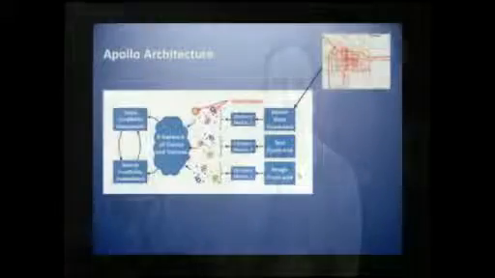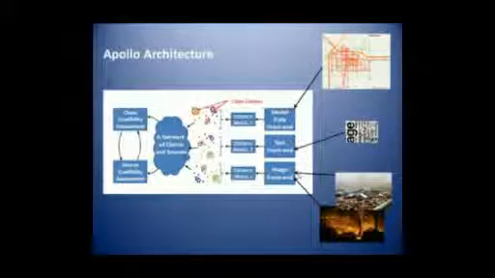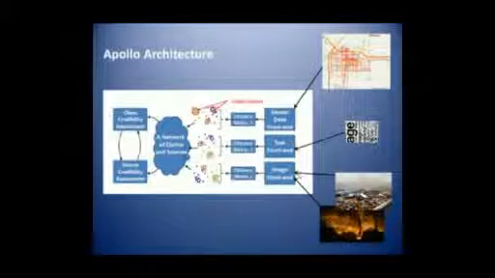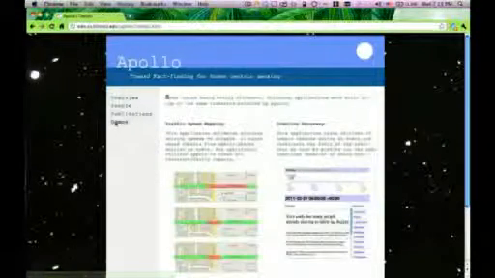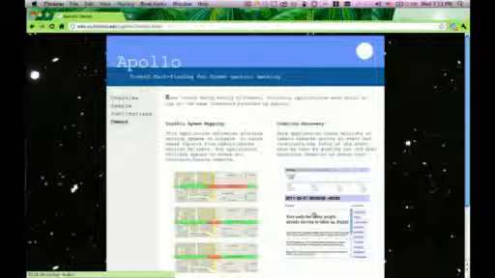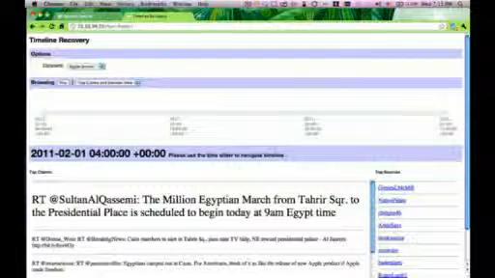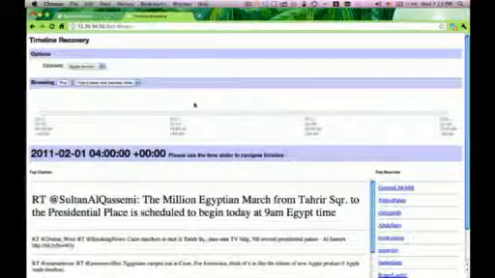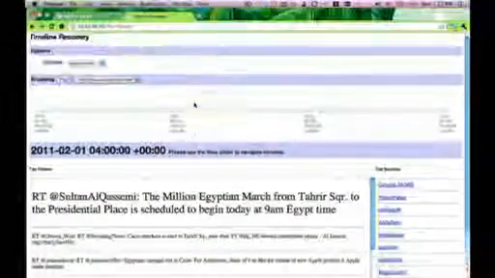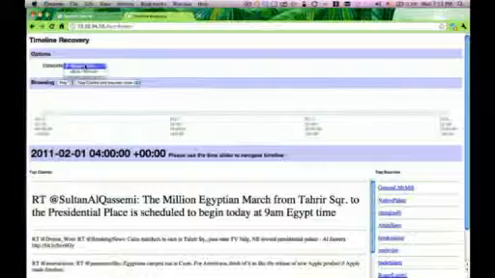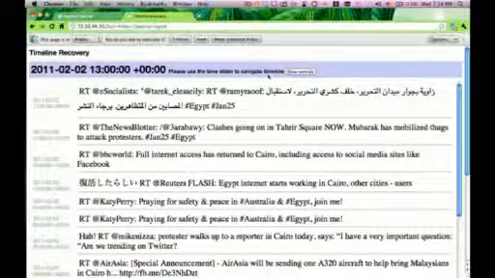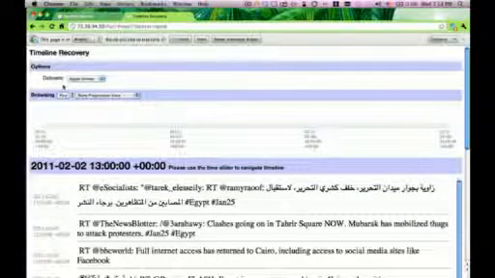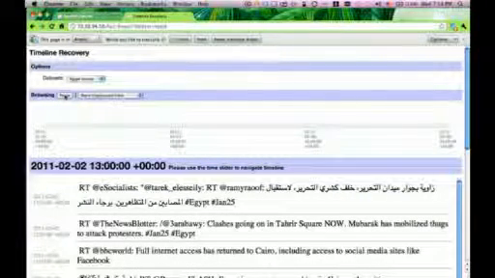Apollo is designed to work with sensor data, images, or text data, although this demo will focus on text, more specifically microblog data. In this demo, you can see how Apollo automatically distills 2 million short messages collected from Twitter during the Egypt uprising in the week leading to the resignation of the Egyptian president. It distills them into just a few dozen key messages that tell a coherent story of the event as it evolves. It can do it retrospectively or in real time.